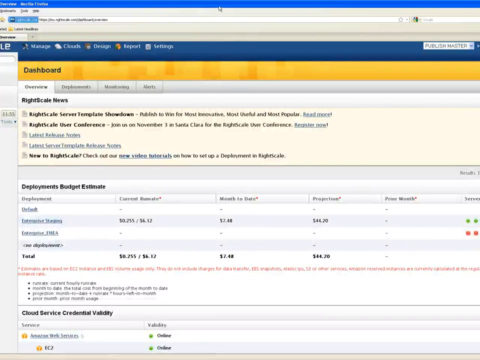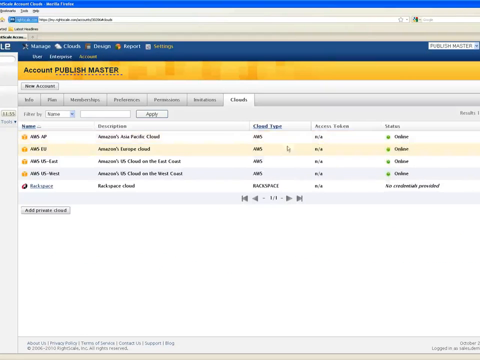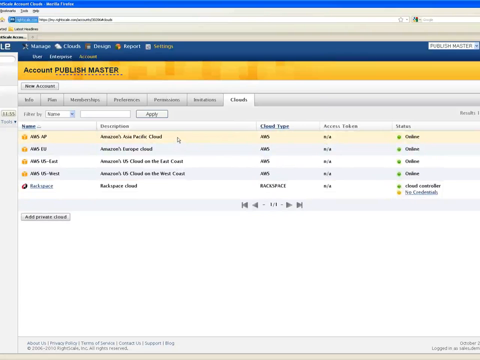So as Josh said, in this final demo, we've assumed that you've already installed cloud.com on your local infrastructure, and now you want to go ahead and register that cloud with the RightScale Platform. So again, in this Publish Master Account, we're going to go to the Settings menu, and under Account, you notice that there's a Clouds tab. So we click on the Clouds tab, and this will show all the clouds that this account